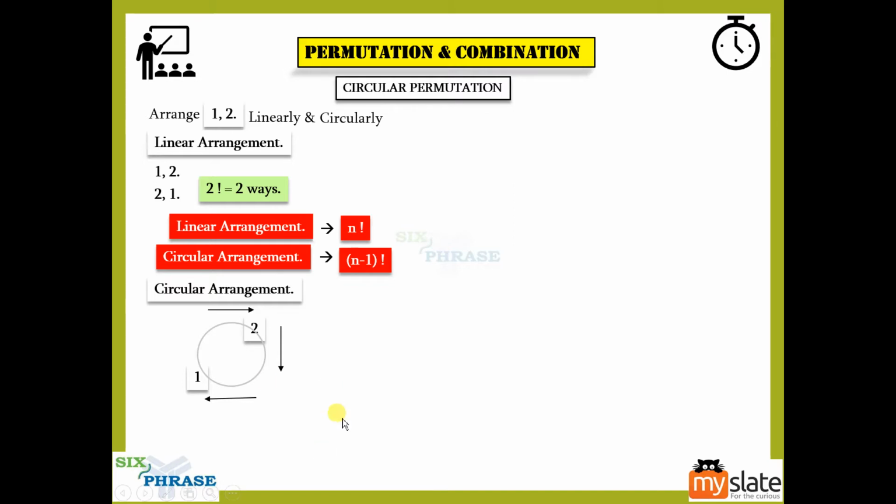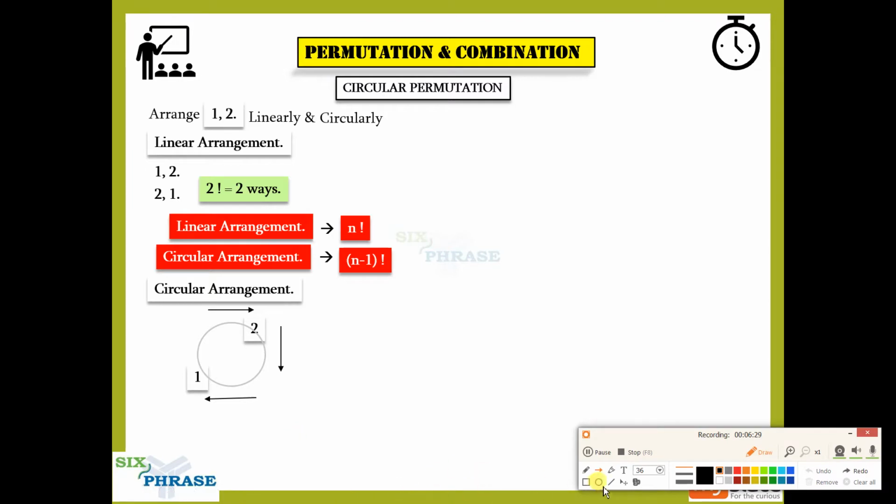So if you are arranging it this way, what could be the first combination that you can have? 2 1. Yes, you are able to have this first combination, which is 2 1. So here you can say that I got 2 1 in this circular arrangement. Now circular meaning it is only one direction, either clockwise or anti-clockwise. You can choose anything. Now I've chosen clockwise, as you can see from these arrow marks.